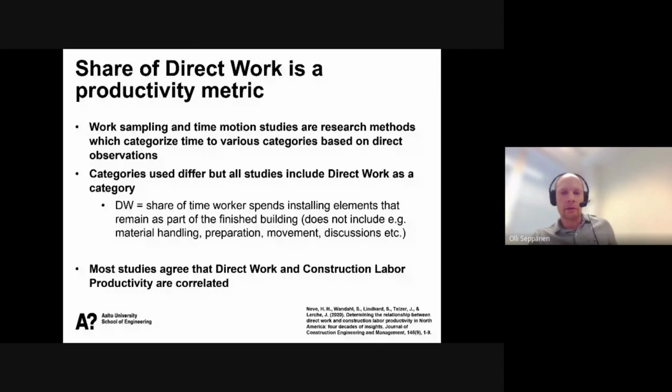And there are hundreds of published studies that report these direct work percentages globally. Most of them have been collected in the United States and Canada, so there's real longitudinal research where these values have been reported since the 1970s. And most of these studies agree that this direct work and construction labor productivity are correlated. And on the next slide, we see